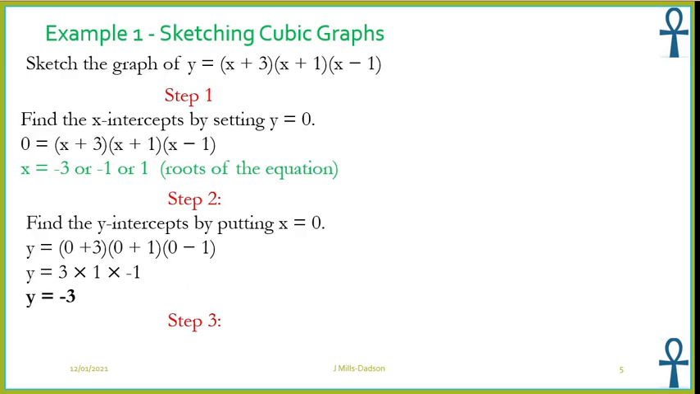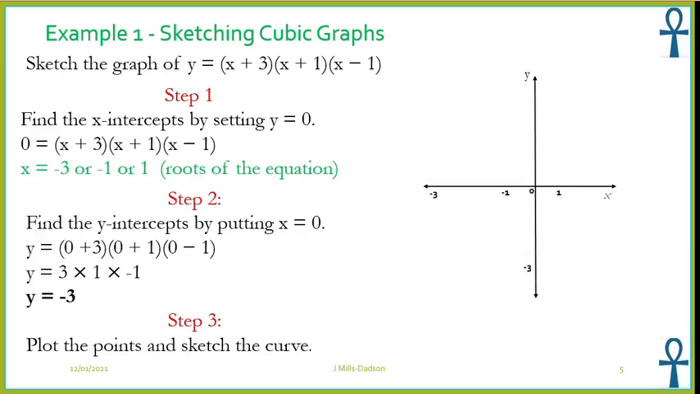So I now know my roots and I know my intercepts. So I'm going to do a sketch. On the x-axis, I need to mark negative 3, negative 1, and 1. Done. On my y-axis, I need to mark negative 3. Also done. Then remember,